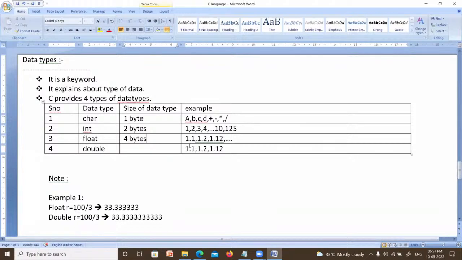Right, these are about data types. After completion of writing, please tell me, friends. Right. Now, the next one is